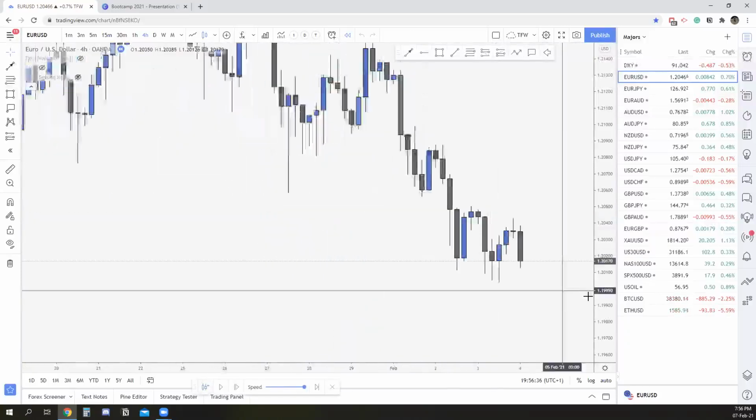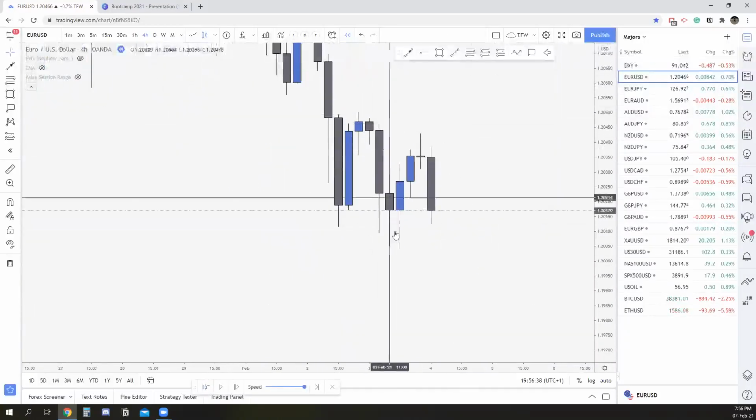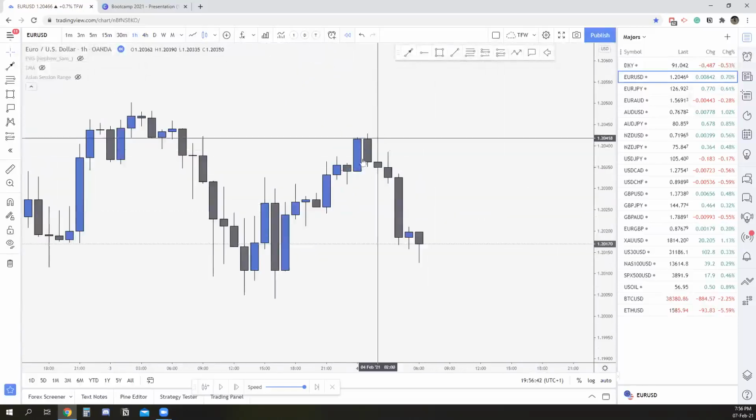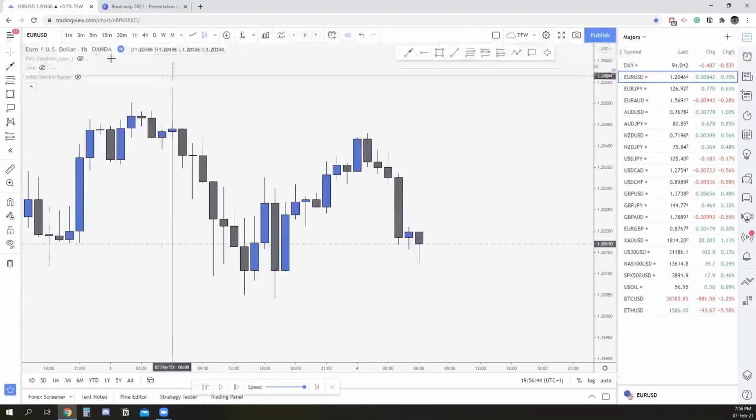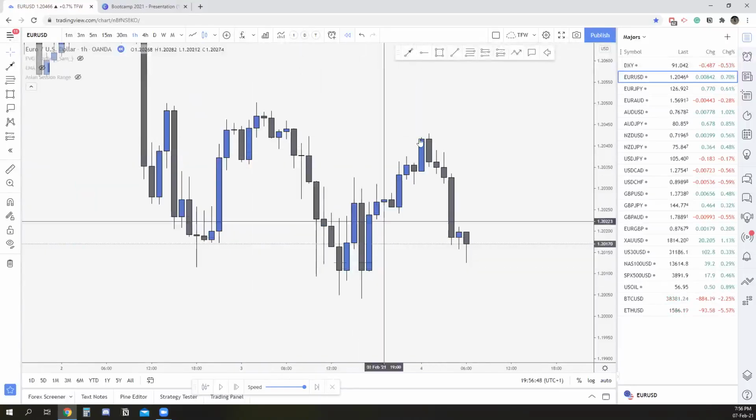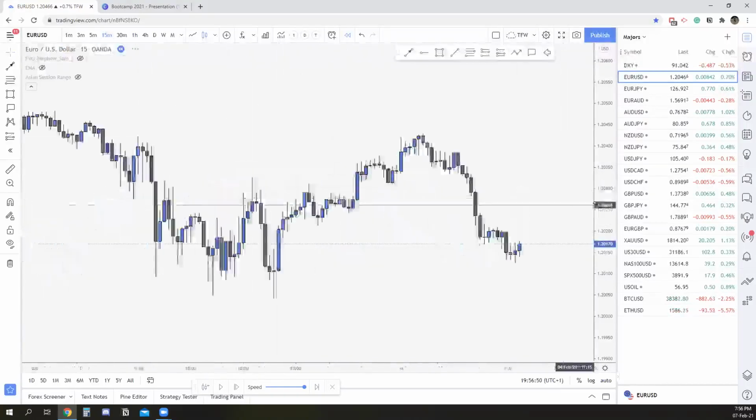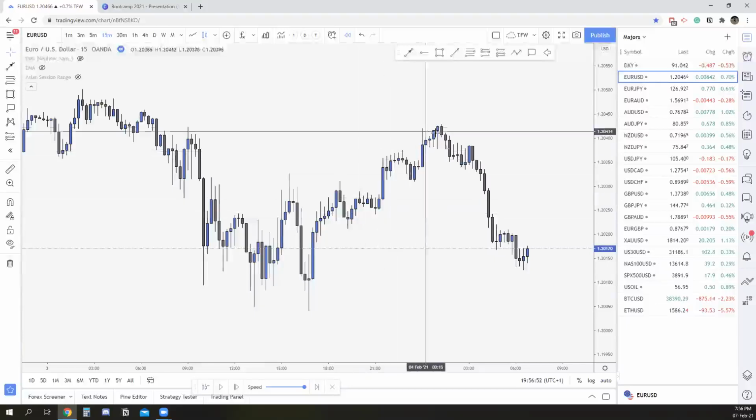Okay. Well, let's say that we have that push and a pullback, potential lower high right there. We drop to the hourly time frame. We have our rejections right here, right? So actually, this is your whole pullback right there. So if I drop to the 15-minute, this is all of your correction, right?